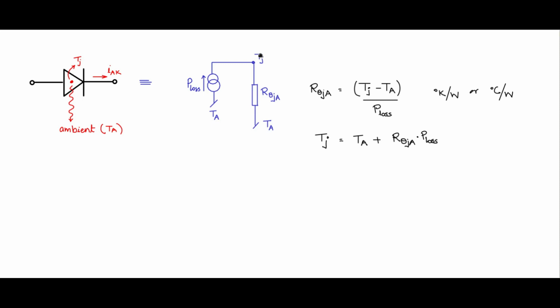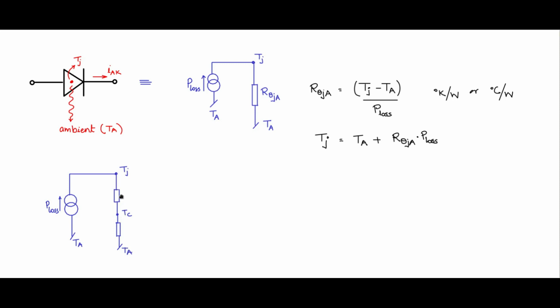Now this same thermal equivalent, let us slightly modify it. So I have this P loss current as a current source. This is the junction, having junction temperature Tj. Now I have this thermal resistance up to case. So Tc is the case temperature. So this thermal resistance is from junction to the outer case, and from case to the ambient there will be another thermal resistance. So these are the potentials of the various node points in this thermal equivalent circuit: junction temperature, case temperature, ambient temperature.